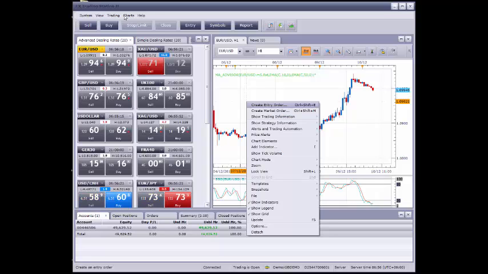Then what you can do is create an entry order, and really what that is, it's you telling the computer, the platform, that I want you to execute this trade for me once the price gets to this certain level, and this is where I want you to put my stop loss, this is where I want you to put my profit target. And when the price gets to that level, the computer will automatically place the trade for you,